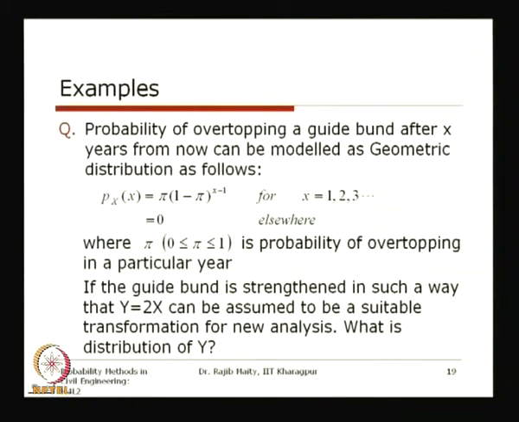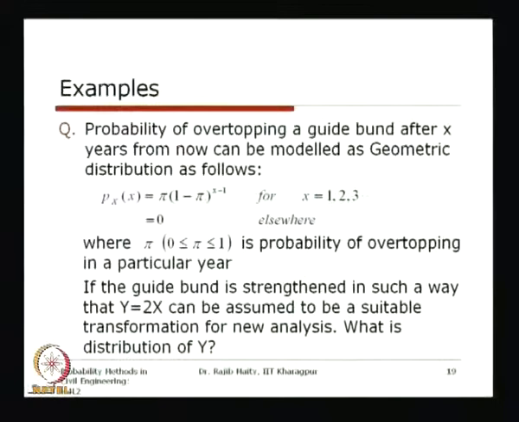Now, we discussed in previous lectures what the geometric distribution is. In this geometric distribution, the random variable x that we are talking about is either the probability of success or failure, which we generally attribute arbitrarily. Here, overtopping of the guide band is one event, and that event has taken place or not. Socially we should not say that overtopping a guide band is a success, but mathematically it is just whether the event has taken place or not, that is, whether the guide band is overtopped or not.